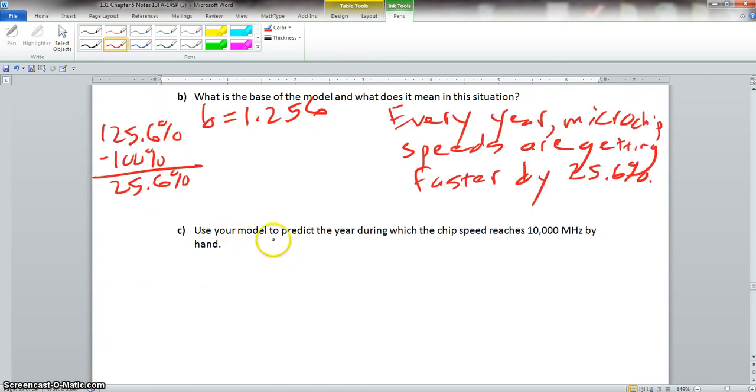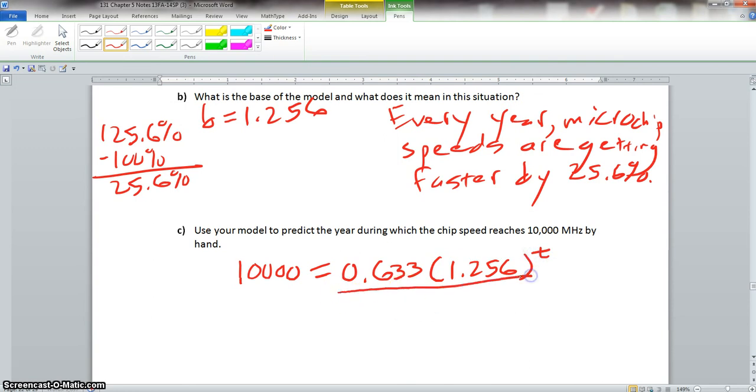Now we have C. Use your model to predict the year during which the chip speed reaches 10,000 megahertz by hand. So we know that our f of t would be 10,000, and it equals 0.633 times 1.256 to the t power. Now we'll divide each side by 0.633. And that will give us